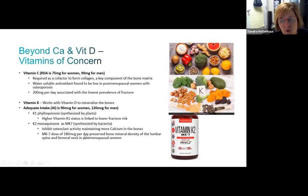So this one might be worth supplementing as well. It inhibits the osteoclast activity, so the breaking down of the bones, and it helps keep more calcium in the bones. And that is the main thing that they're liking this MK7 for. And they've found a dose, separate from the K1 recommendation above, of about 180 micrograms per day. They found that helped preserve bone mineral density in the lumbar spine and the neck of the femur in postmenopausal